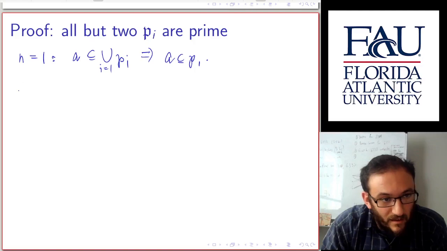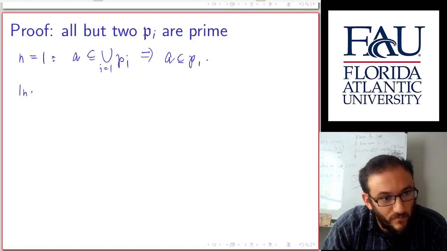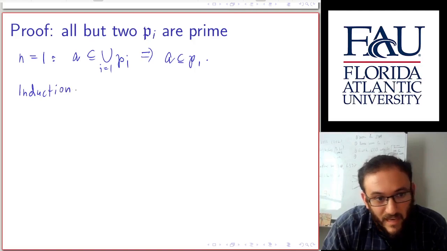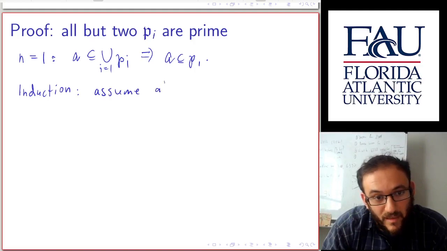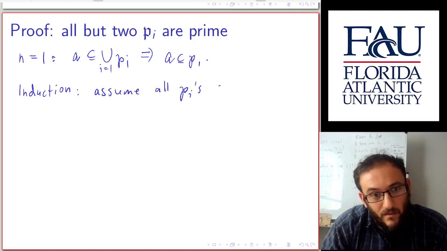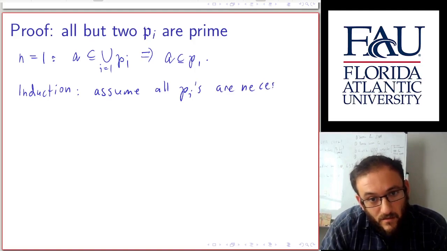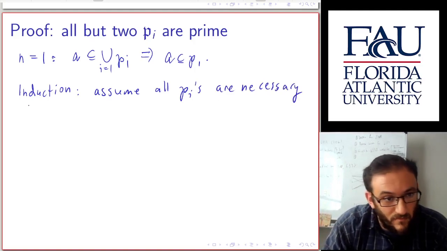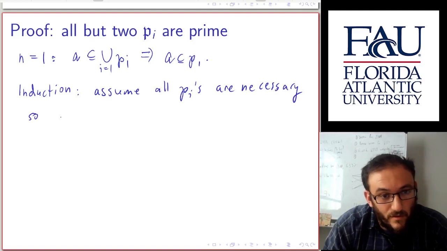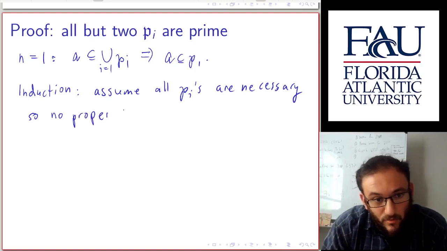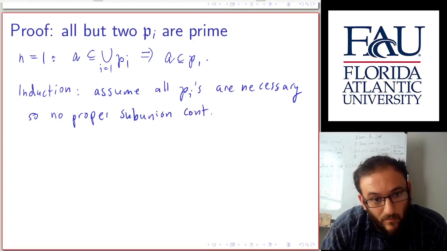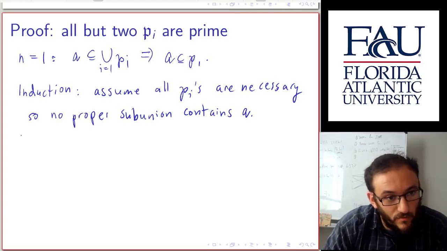Okay, so now taking the induction further, we can always assume that all of the Pi are necessary. Assume all Pi are necessary, meaning, in other words, no proper subunion contains A. Okay, so for n equals 2,